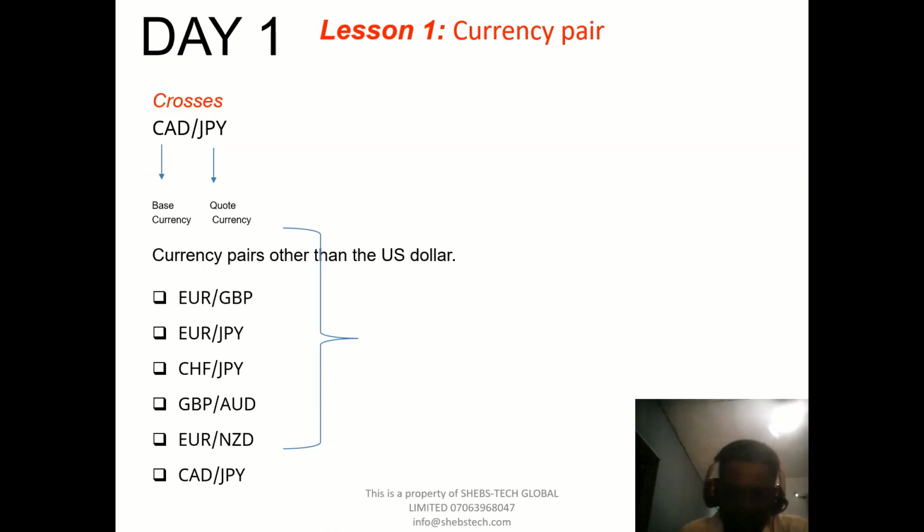In the previous slide, we saw the pairs where each pair has a US dollar, but here there's no US dollar. So that's why we call those in the previous slide the forex majors, because the pairs have US dollars. Okay, so